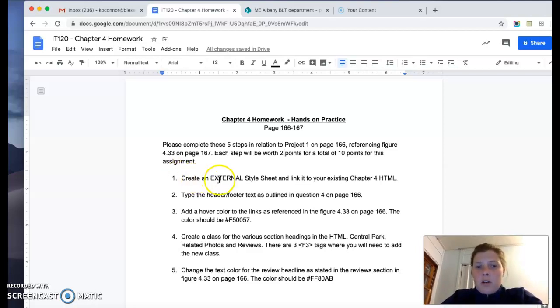So you're going to create an external style sheet. We're not doing embedded inline styling. You're doing an external style sheet. So when you go to turn this back in to me, you'll have one folder for your images, one .html document,